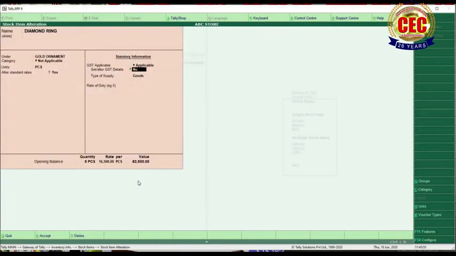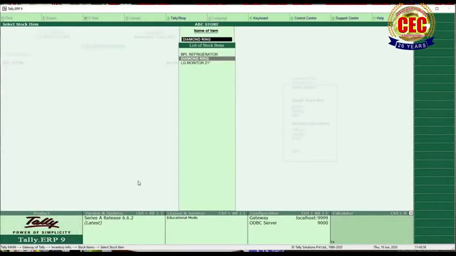Or you can use Ctrl A for save or accept.